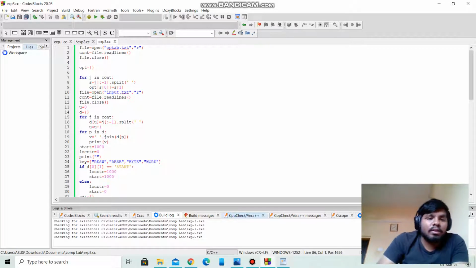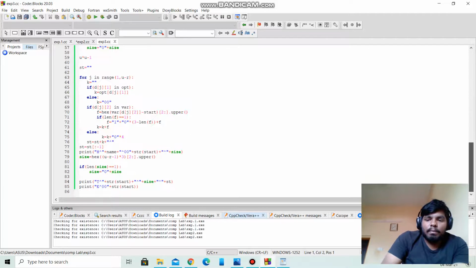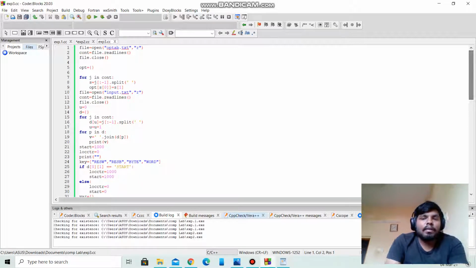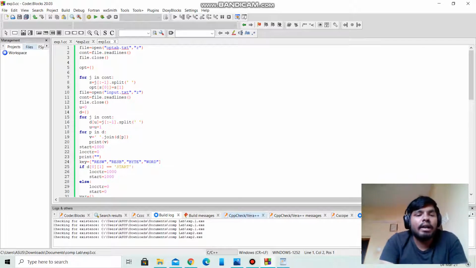Now we will look at the program. This is the program which I have already typed in. We will look into it just briefly. In this we have used file equals open of optab.txt comma r, like that we have to use.